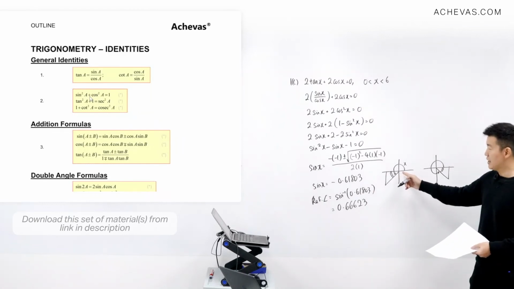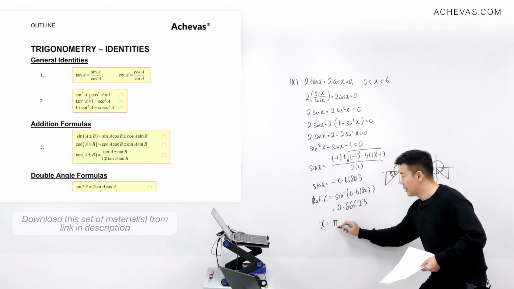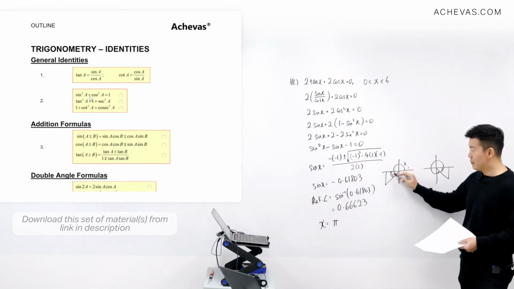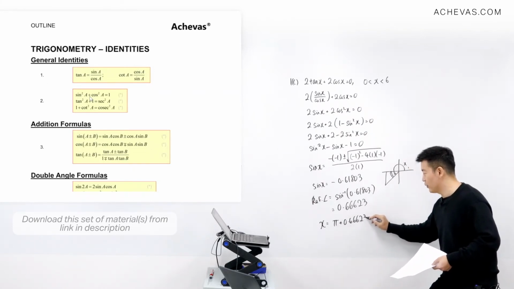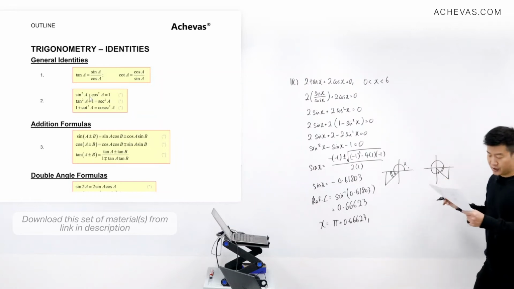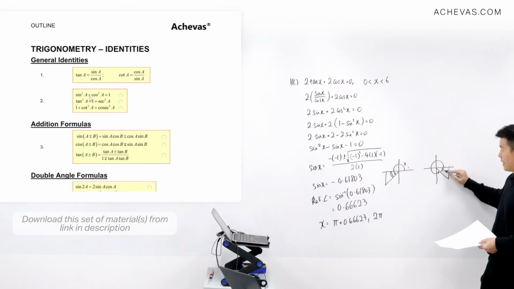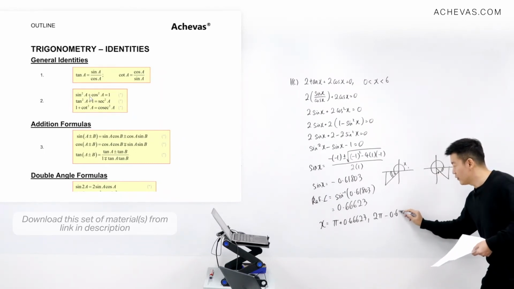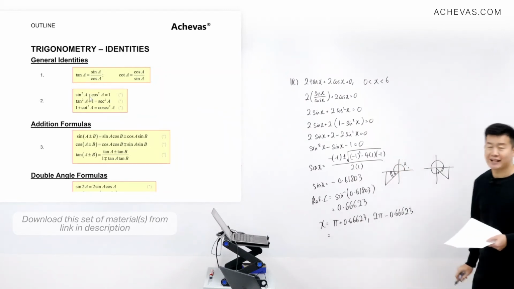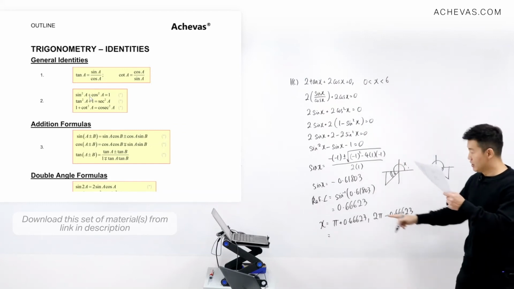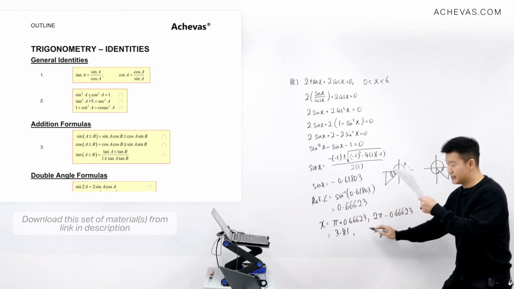0.66623. So if x were to be in the third quadrant, then x is going to be equal to pi, which is equivalent to 180 degrees, plus the reference angle. So pi plus 0.66623, or if it is in the fourth quadrant, then it is going to be 360 degrees, which is 2 pi. Then I will minus away this reference angle, 0.66623 radians. Let's see whether the x that we're going to be getting is between 0 to 6. So this is equal to 3.81. Okay, it is acceptable. As for this, it is equal to